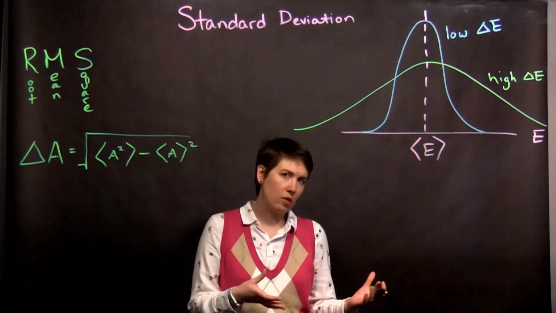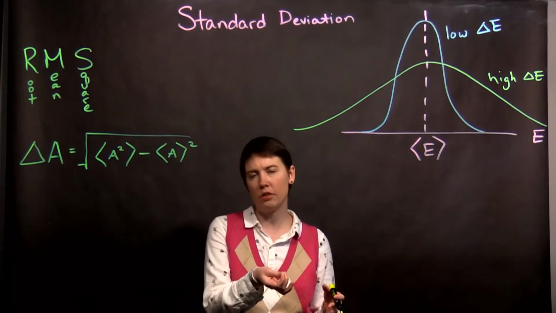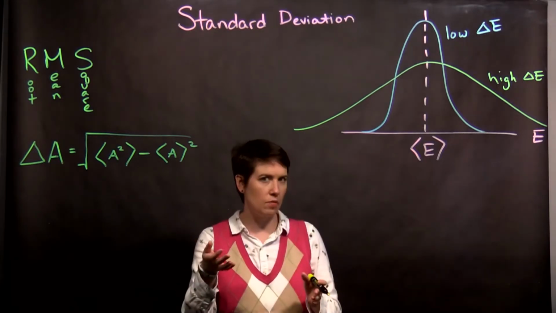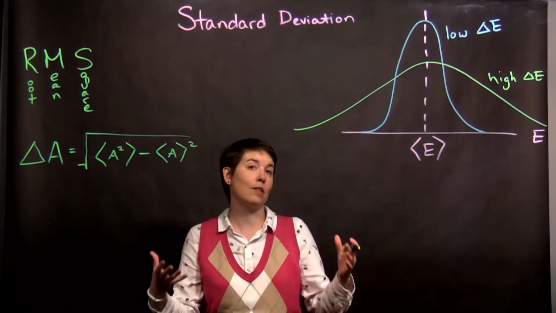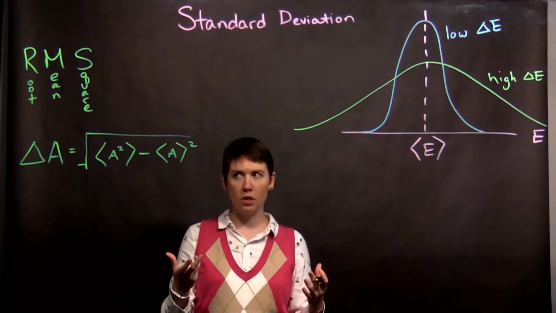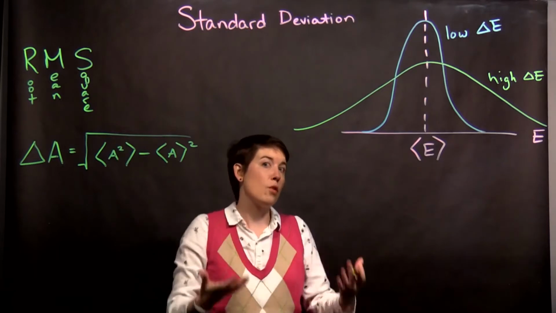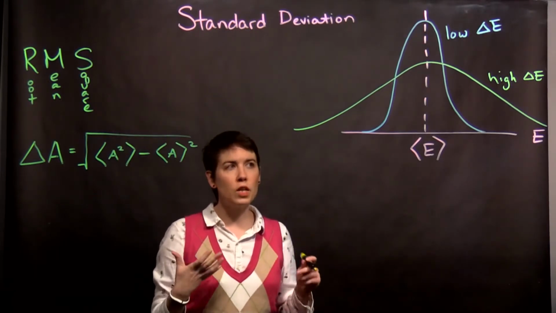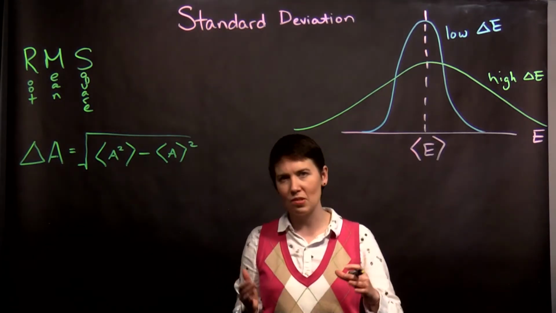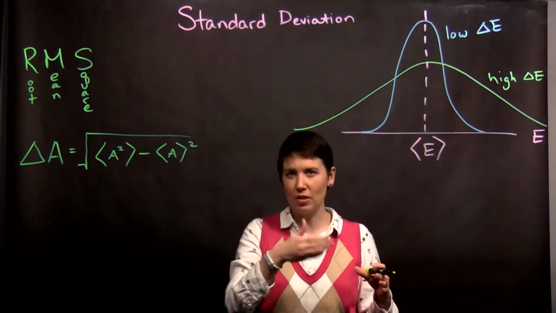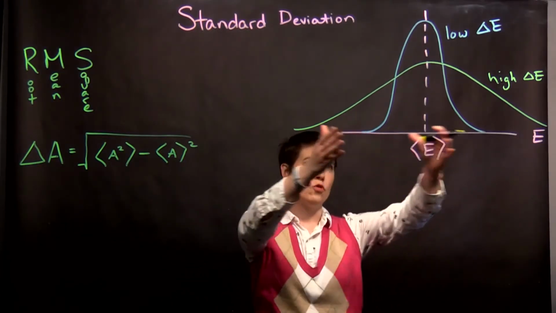So when we run our spin simulation, maybe then you could repeat the measurement over and over and over again and actually calculate a standard deviation from a list of numbers. But in general, we're going to be calculating a predicted, a theoretical spread, which again we'll think about in terms of RMS, root mean squared, of a theoretical distribution. One way to think about this is that there are going to be distributions, and right now we're talking about discrete systems where there are just some specific values the measurement can yield,